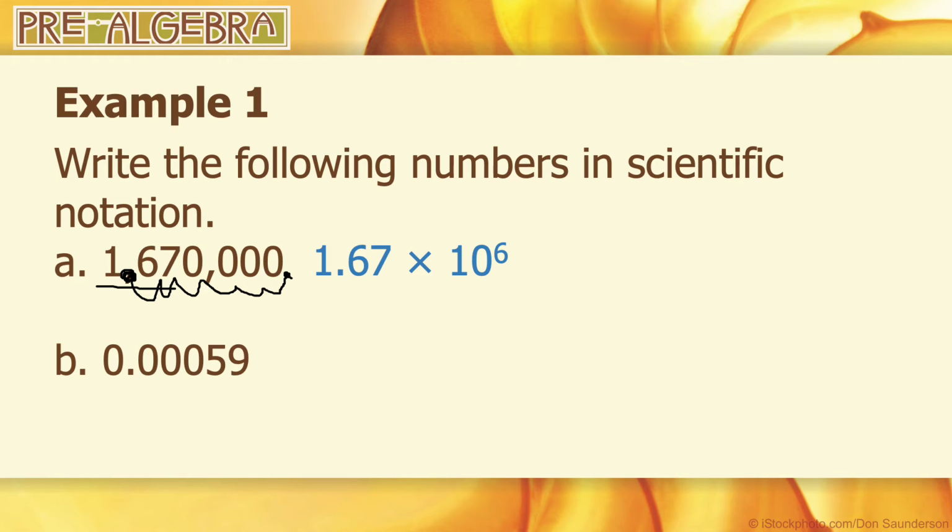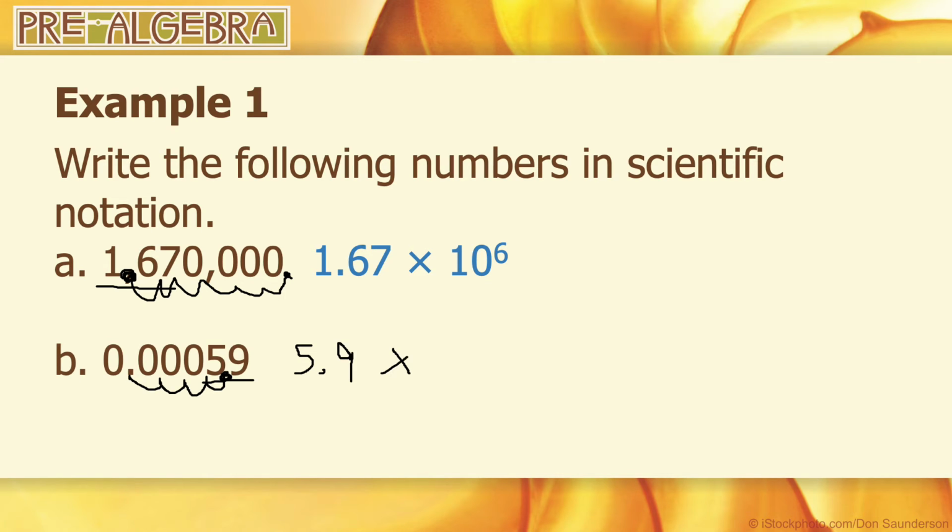Okay, let's look at this one. We have our numbers 5 and 9. Is 59 a number between 1 and 10? Nope, not in this world. So we're going to put a decimal point right here so that we have a number that's between 1 and 10. That's 5.9. So how many times do we have to move our decimal point to express the number correctly? 1, 2, 3, 4. Okay, so this is going to be 5.9